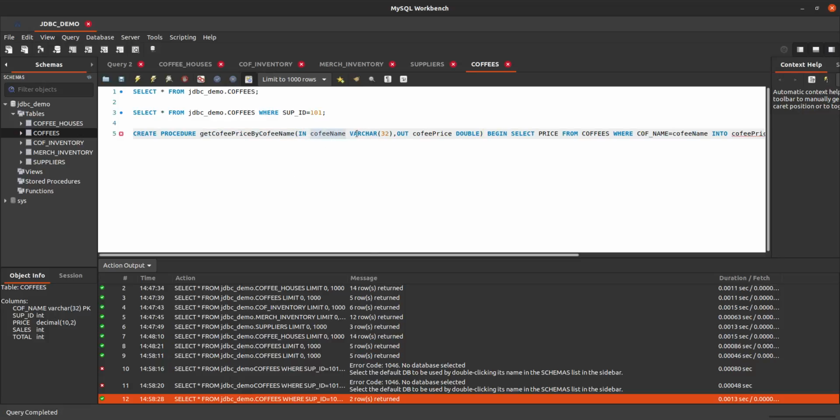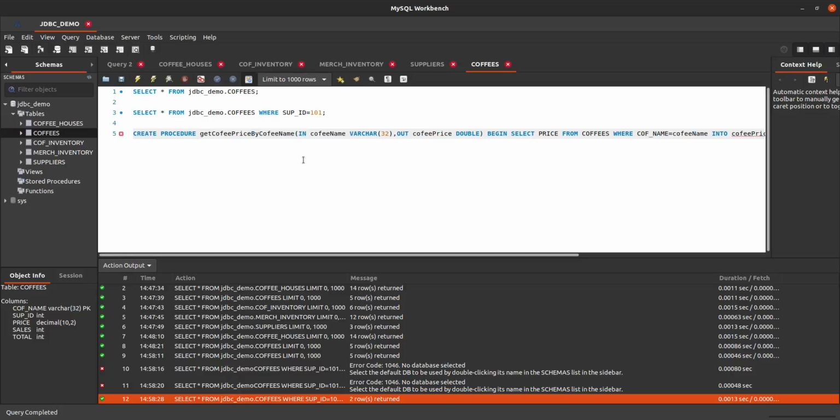This is the input parameter. The name is coffee, type is varchar. This is the output parameter. In Java or C or C++, we return a data type, like integer, int. It means this is a return type. But in MySQL server, this is not the way.